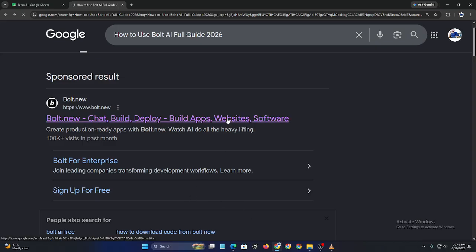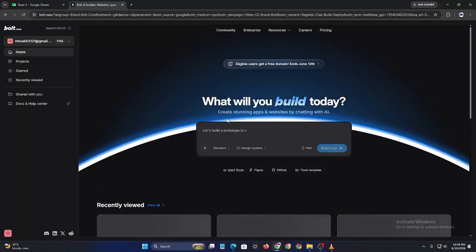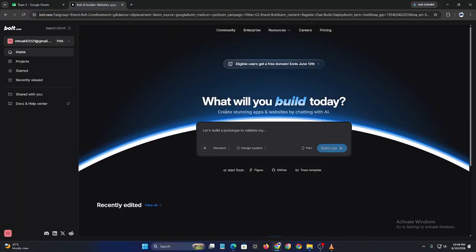First, open your mobile browser and visit the Bolt AI website. Sign in to your account using your email address, Google account, GitHub account, or another available login method. Once you're logged in, you'll arrive at the Bolt AI dashboard where you can access existing projects or create a